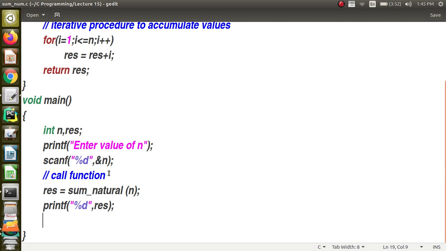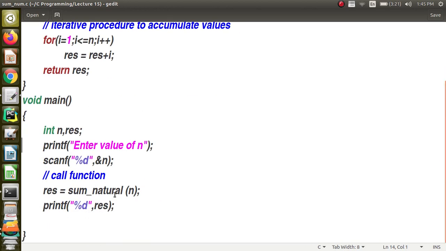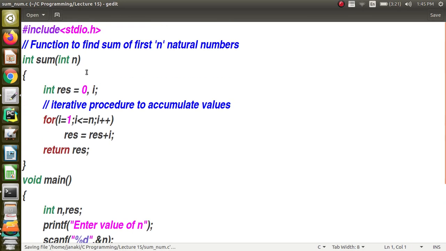So we call the function with the value of n. We pass the value of n up to which we have to find the sum, and then the function is going to return the summation. That is the result that will be stored in a variable. Function call is here: res equal to sum, that is the name of the function, and the value of n. After getting the value we print it on the screen. Actually, let me fix this. I have named the function sum, so in the function call also it should be sum.